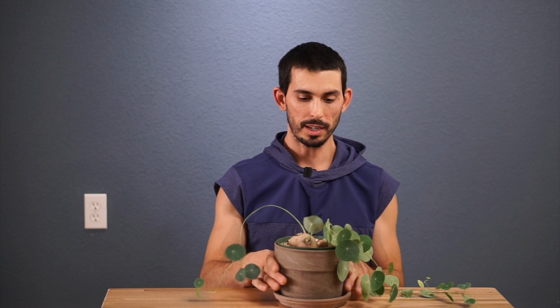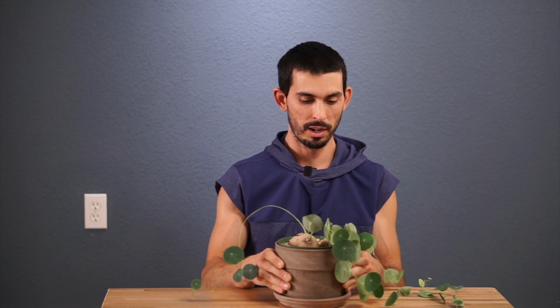the surface there. Now, as you see here, I actually have three Stephanias in this one pot, which has been nice for me this year because I can just take it to the sink, water them all at once, especially because I have them in this gritty mix here, pumice, lava, and turface, and so they needed quite a bit of water. But I'm starting to appreciate their differences and their uniqueness now, so I kind of want to put them into separate pots. So I figured this was a perfect time to really see what the root system looks